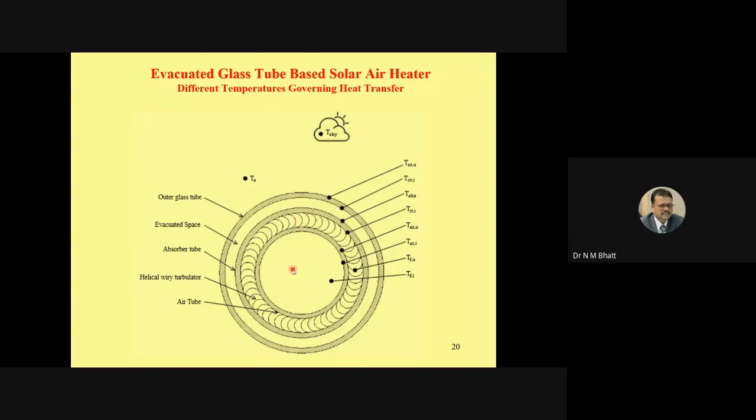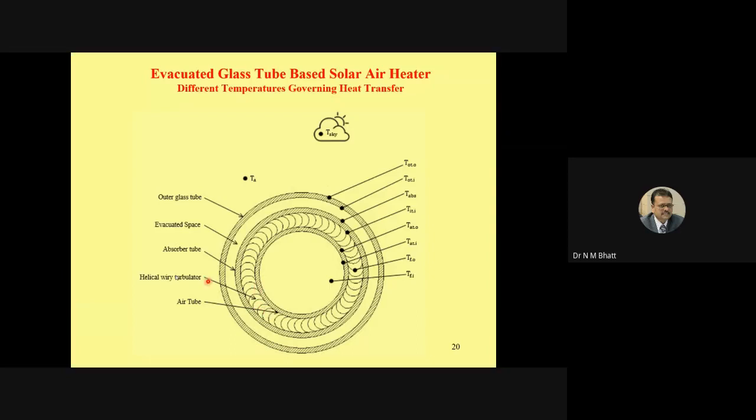So air is coming into the collector from this particular air tube at the open end, it travels from open end to closed end. Let's say you have a tube in isometric view. So it travels from the open end to the closed end. At the closed end, it takes a U-turn and it is coming out from the annulus of the absorber and air tube. Then you can see some element over here between the absorber and air tube.